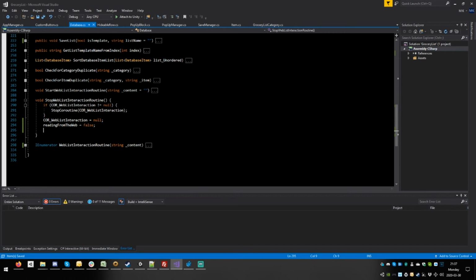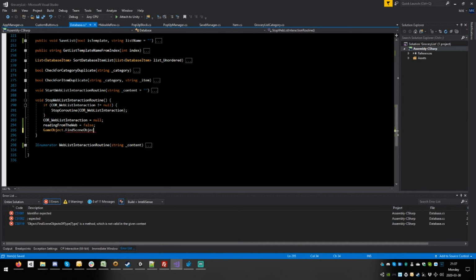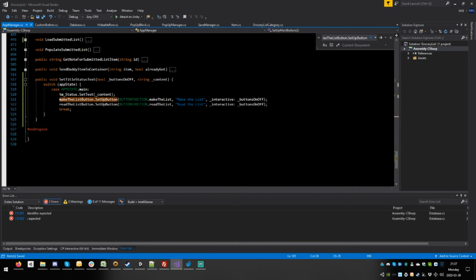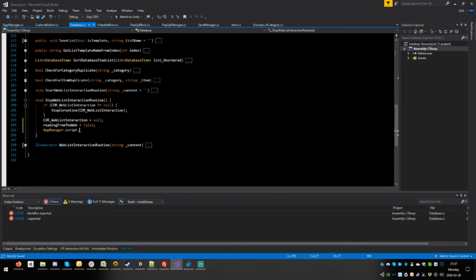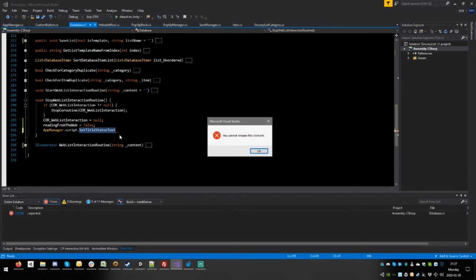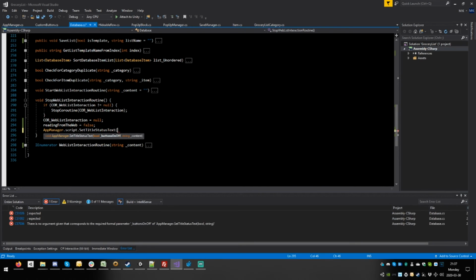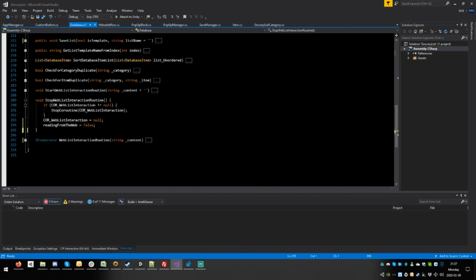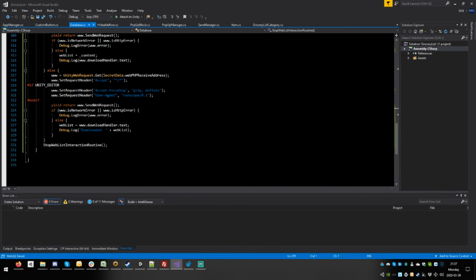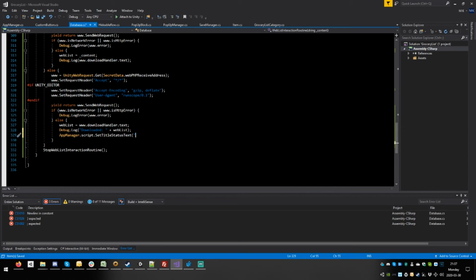So this is going to be the game manager script, app manager script, and we have this thing, set title status text. Well, I suppose let's change it later to set title status. So this is, it's stopped. This means nothing actually. Let's leave that alone. But here we can say set title status text, list downloaded successfully,